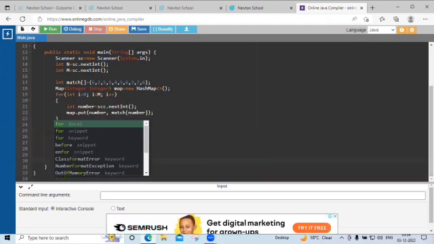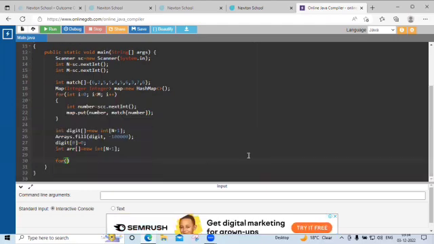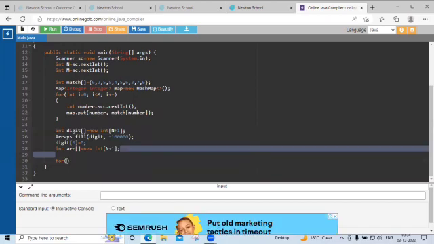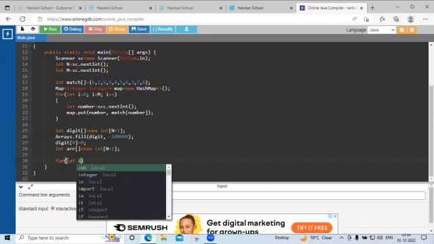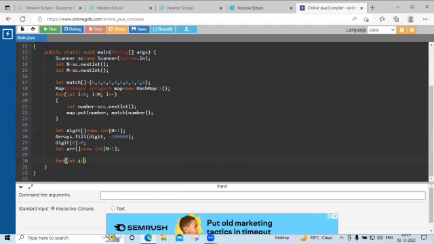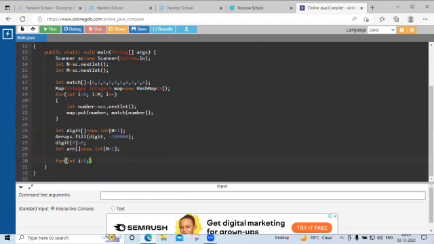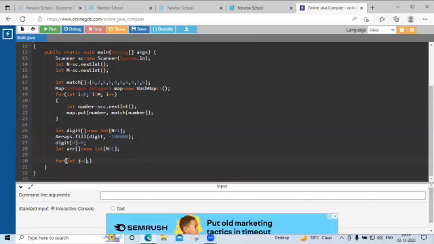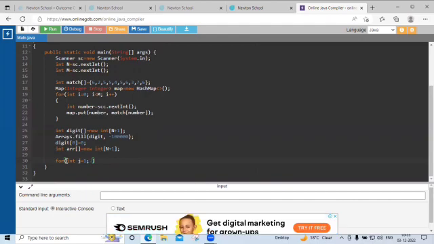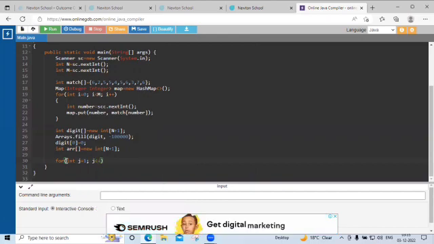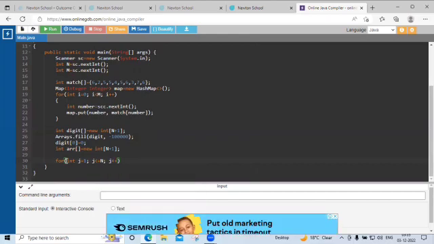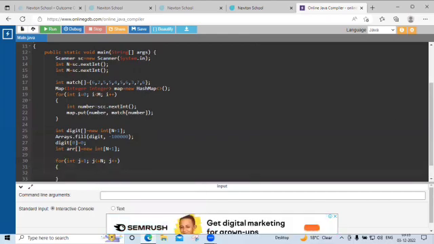And inside this for loop I'll write integer, we'll take this as j. So j equals 1, then j is less than equals to n, then j plus plus. Okay, so inside this for loop,